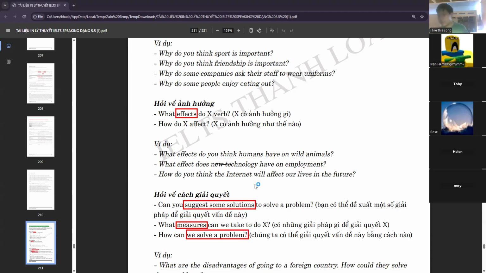Again, this time, instead of the core reasons why people do something, you need to think about the benefits or disadvantages that people get out of this. So maybe with smoking, you should say why smoking is unhealthy, right? You should tell the examiner what the negative effects of smoking are to answer an effect question. Whereas for the reasons question, you should answer why people like to smoke when smoking is really unhealthy. That is what they want you to answer.